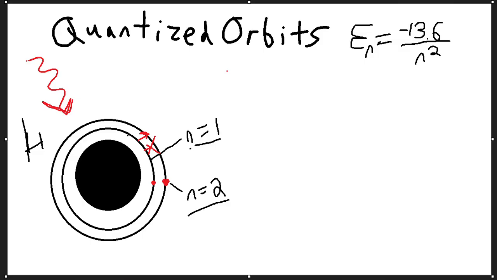And obviously, if there's no energy, then that doesn't help. Mathematically, we'd say that the energy is equal to negative 13.6 divided by n squared. By the way, this value is not universal. It's only particular to hydrogen, and it might change depending on the atom you're using, but we're not worried about that right now. Just thought I'd drop that in.